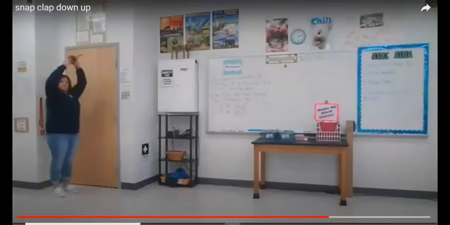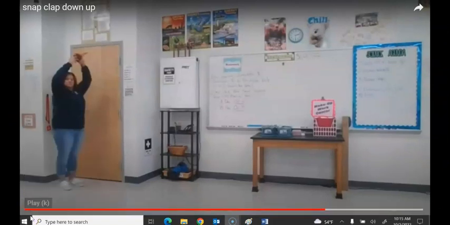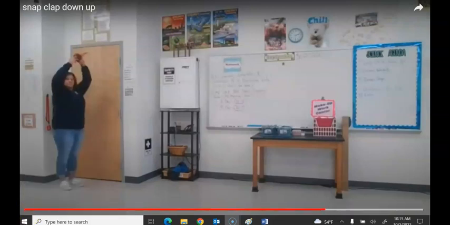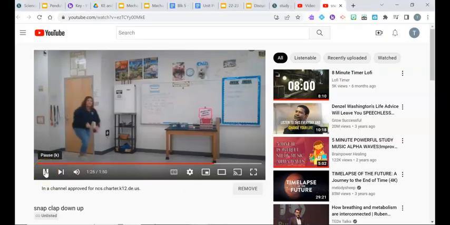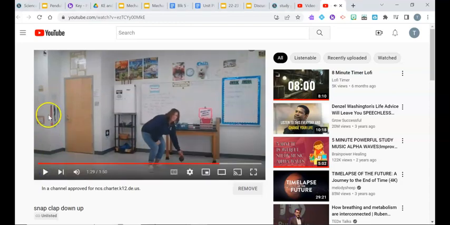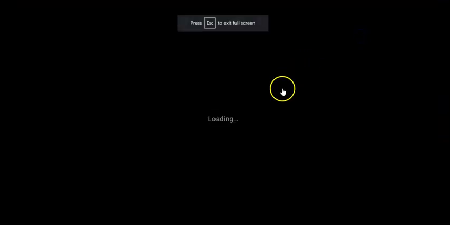So this is me right now letting it go in slow motion, just allowing you to see the pendulum swing just on the downward swing. So here I go just down, and then we'll stop right there